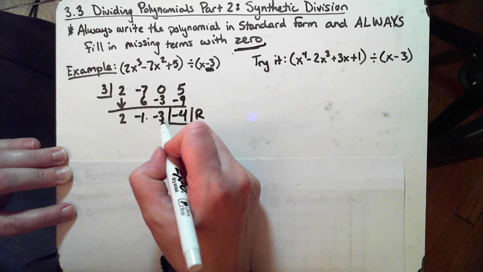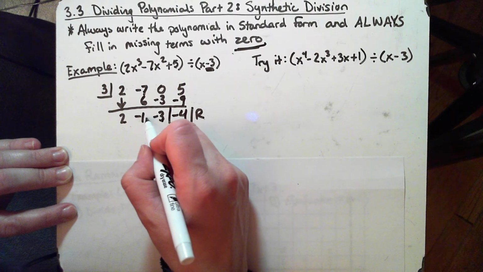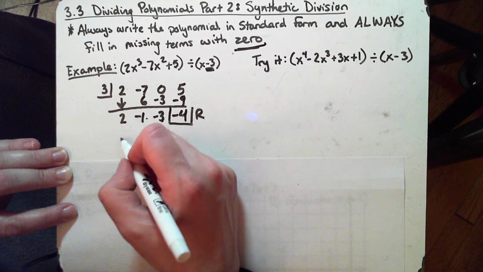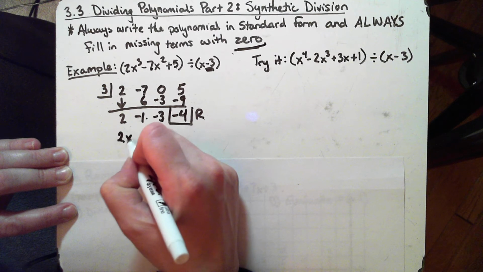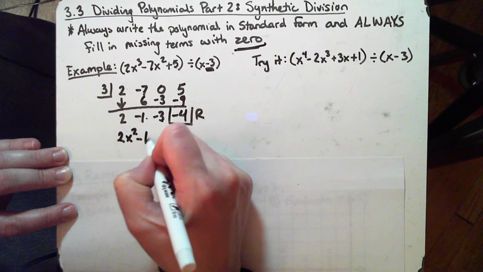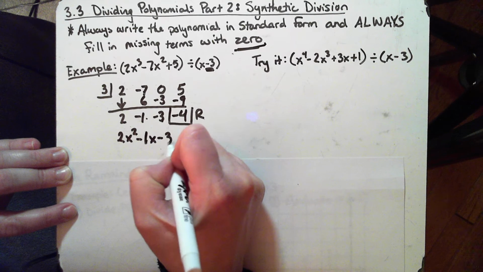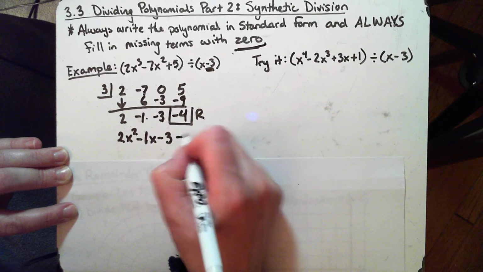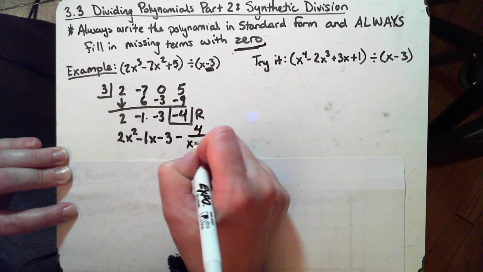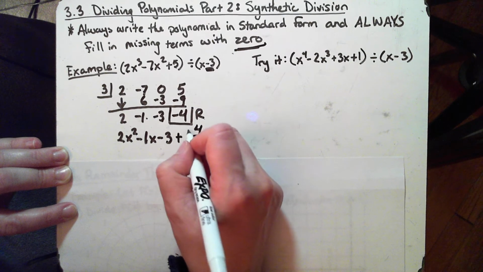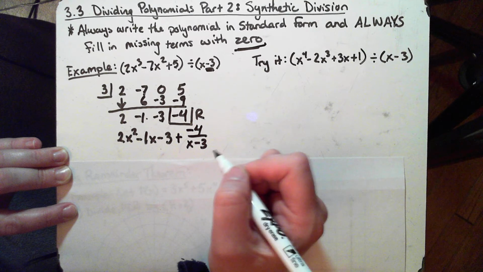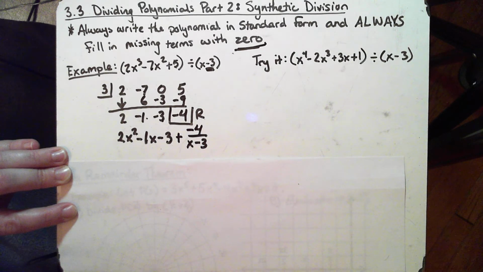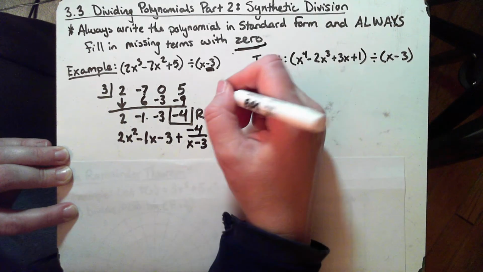And then this is going to have no x. This will have 1x, and this will have an x squared. So 2x squared minus 1x minus 3 with a remainder of negative 4. So I can write it as minus 4 over x minus 3, or I can do plus negative 4 if I wanted to, or I can even write it in that form that they gave in the last video,